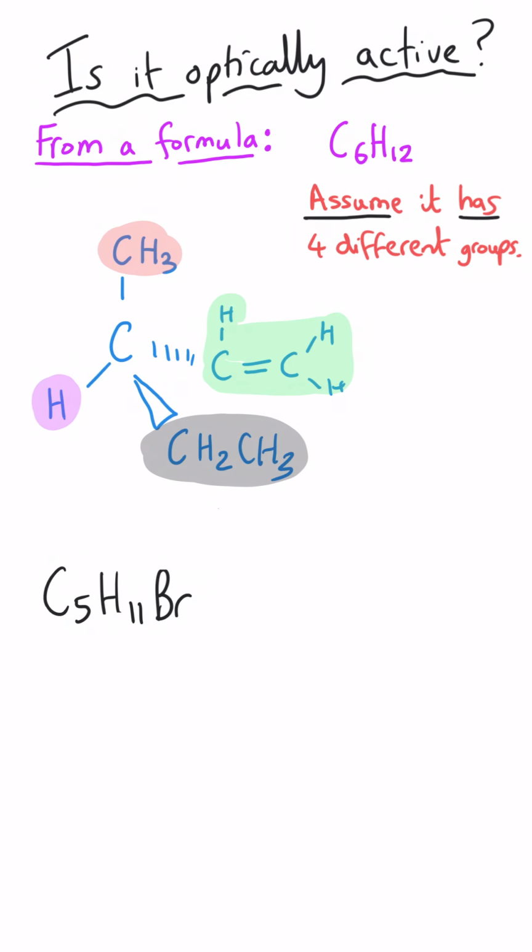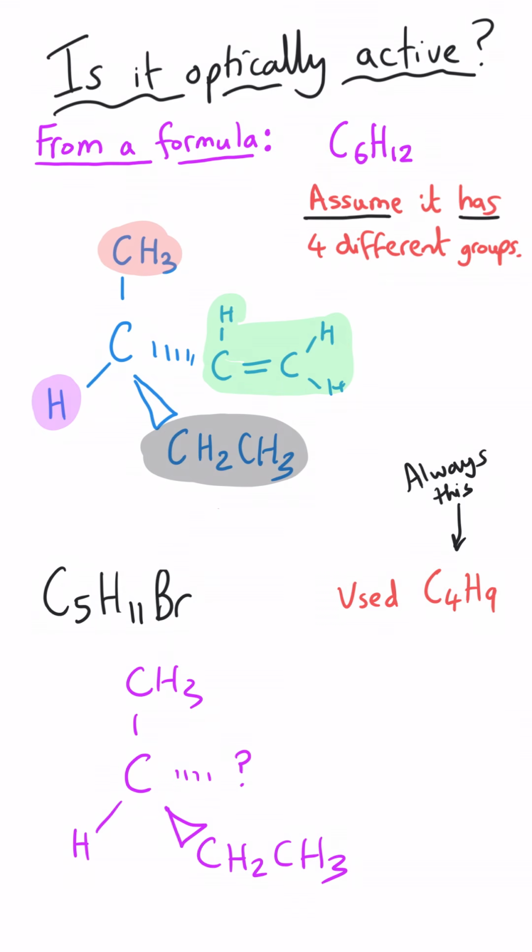Let's look at a second example, C5H11Br. Does this ever have any isomers that are optically active? Let's apply the same line of reasoning. Let's start with our central carbon, put the hydrogen in position, then the methyl group, and then last of all our ethyl group. And now we can start thinking carefully. What have we actually used? We've used 4 carbon atoms so far, so we need to add our 5th carbon atom. How many hydrogens have we used? Well, that's 9, so we need to put another 2 in position here,